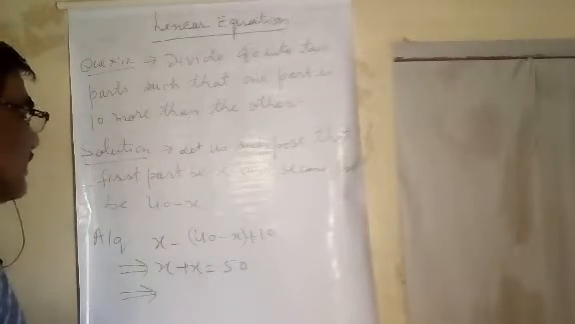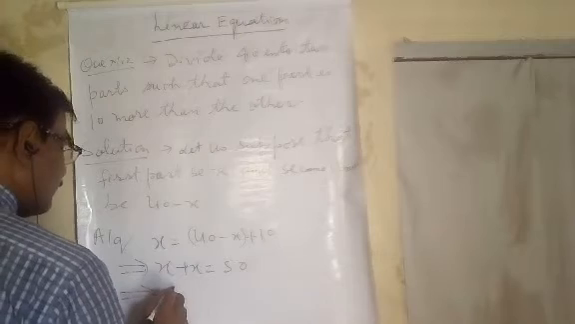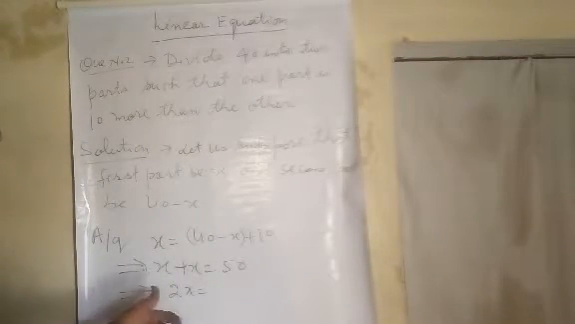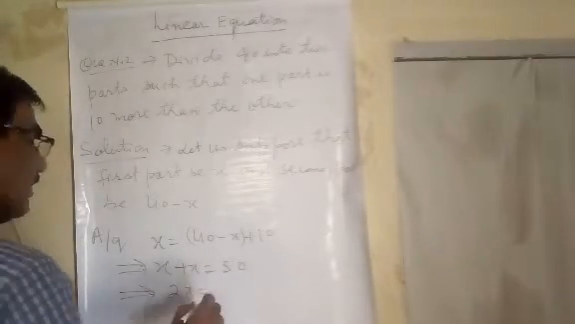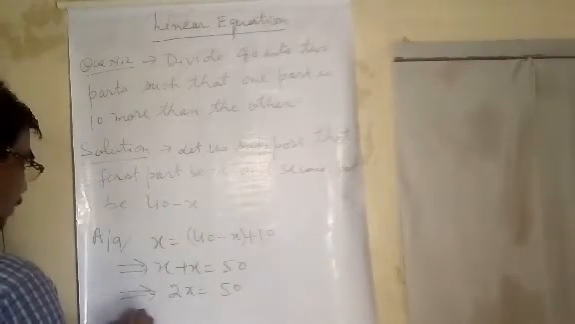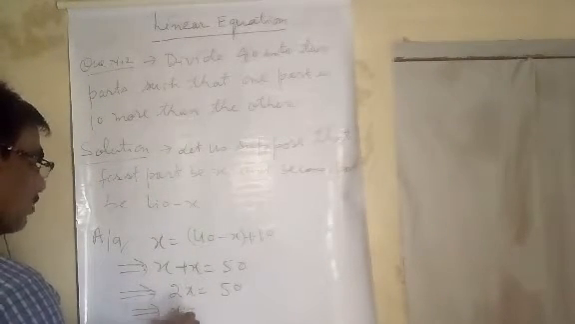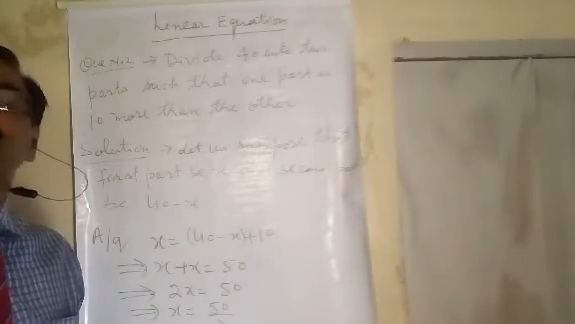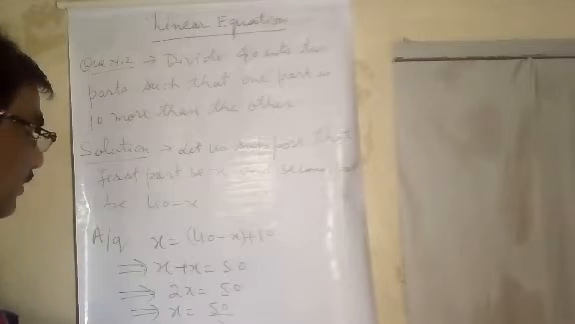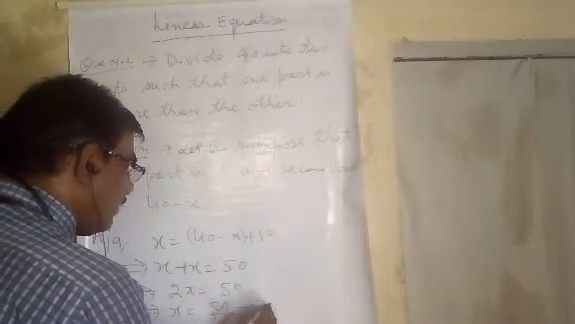Then x plus x equals 50. When you add x and x, we get 2x. So 2x equals 50. Therefore, x equals 50 by 2. When you divide 50 by 2, we get 25. Therefore,